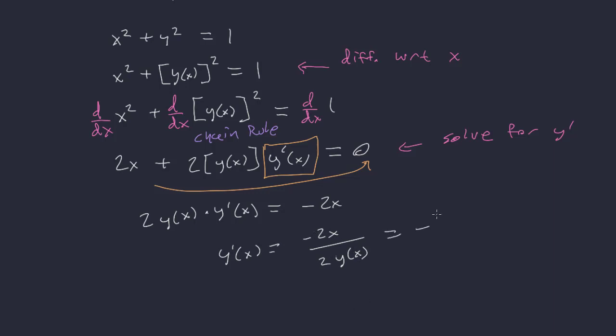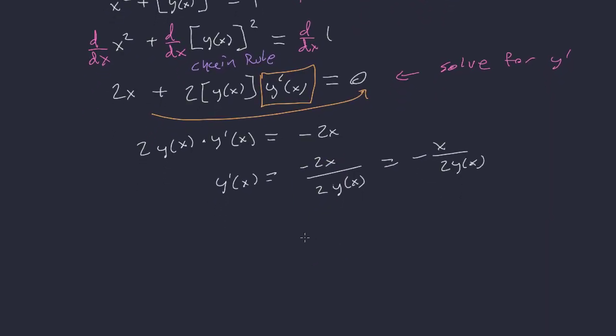Okay, the 2's will cancel and we get negative x over 2 y of x. And if we want to simplify the way this looks a little bit, we can say that y prime is equal to negative x. Whoops, that 2 should be gone. Sorry about that. So what we get at the end is negative x over y,